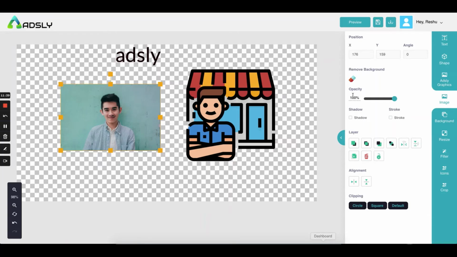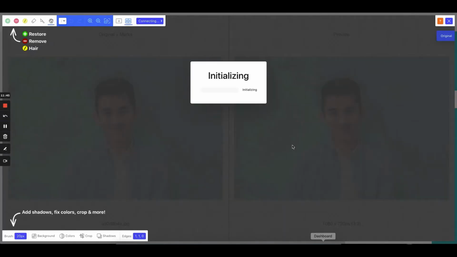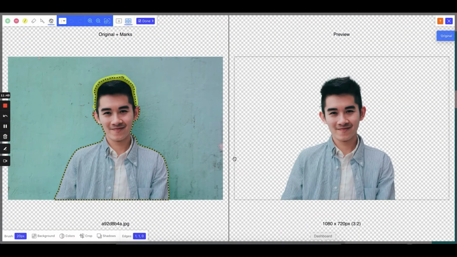Now, if I come to this image, again, all the options and features remain the same, apart from two features. I can remove the background of this image. This option will help me to remove the background. It has already automatically removed the background, but can you see, you also have the option of editing it.